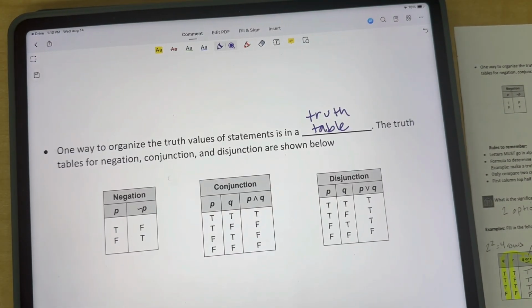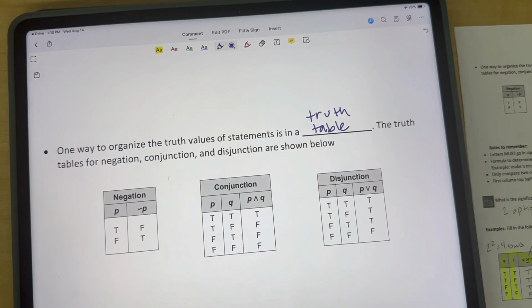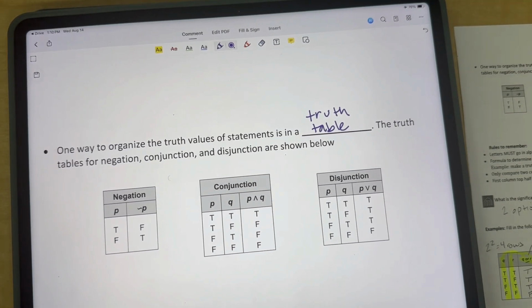So what is a truth table? A truth table is just a super awesome way to organize all of your thoughts because I can give you a statement like the sky is blue, okay? You can tell me that's true or that's false. That's easy to do. But you're going to get multiple things put together in one compound statement, and you have to decide what the truth and false values of each thing are based off different scenarios. So again, it's just a way to organize, okay?